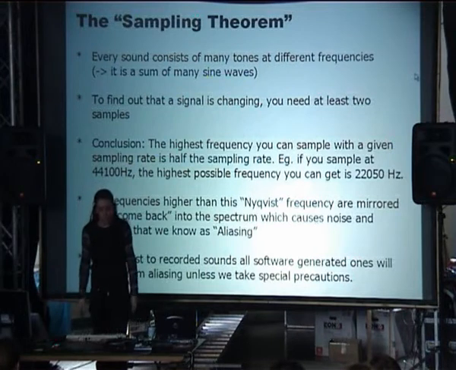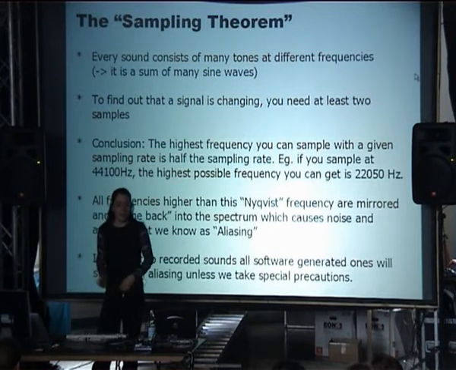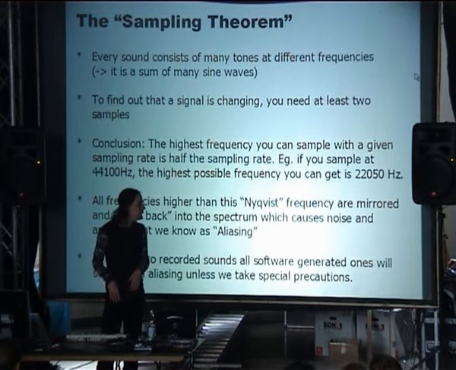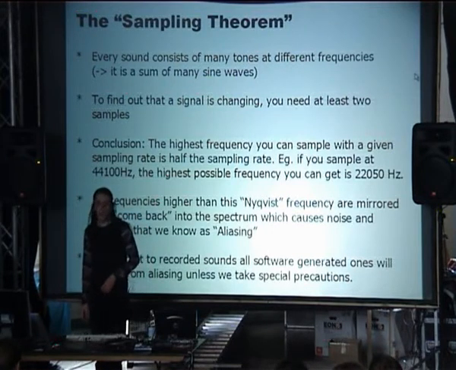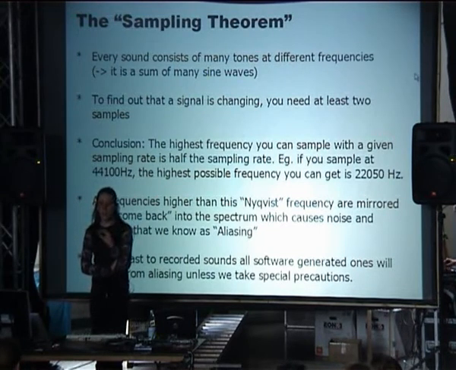Okay, so to find out that the signal is changing, if we sample it, we of course need more than one sample, at least 2. And the conclusion of this, if we think about it, is the so-called sampling theorem. If we sample a wave at about 44 kilohertz, the highest frequency we can possibly sample is 22